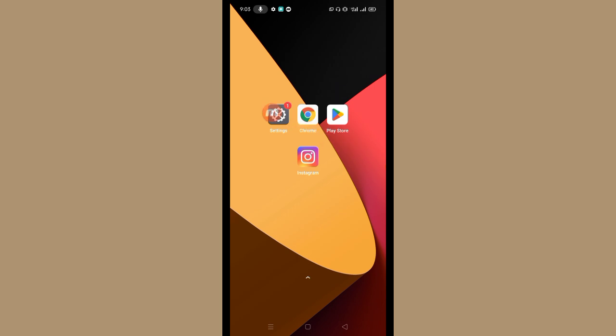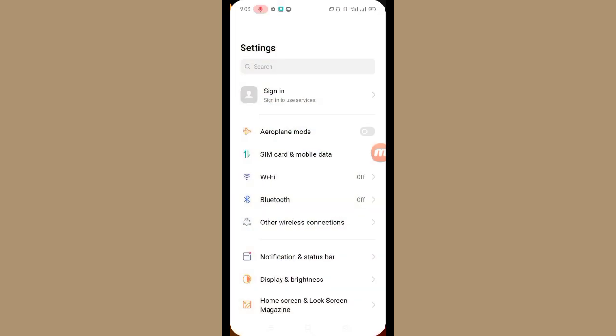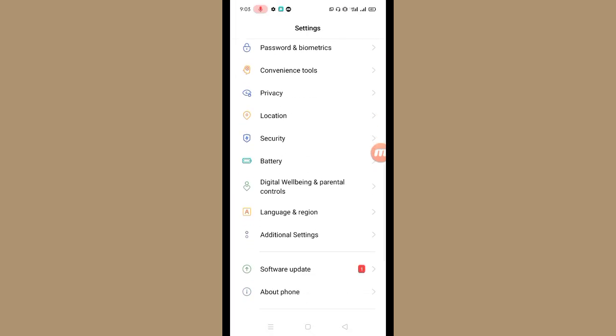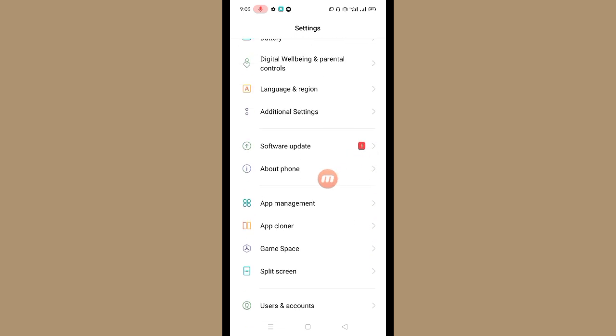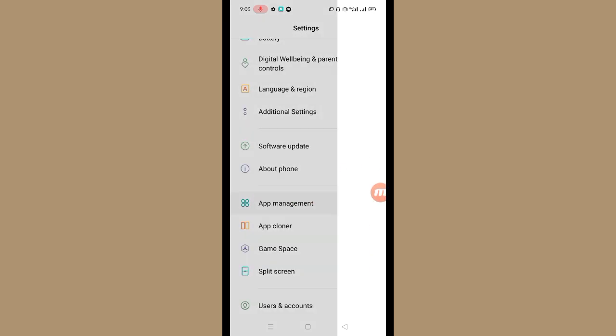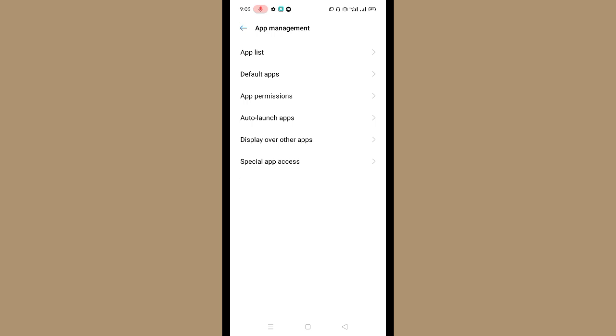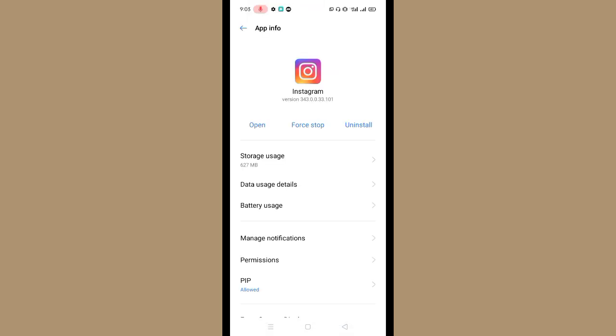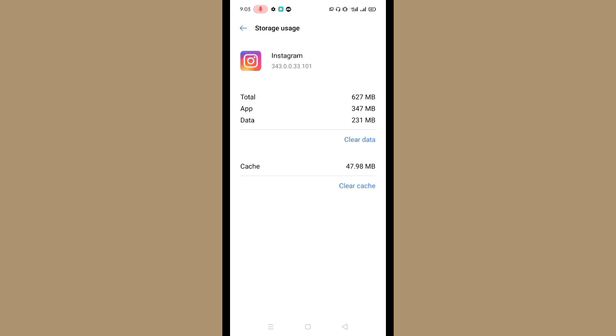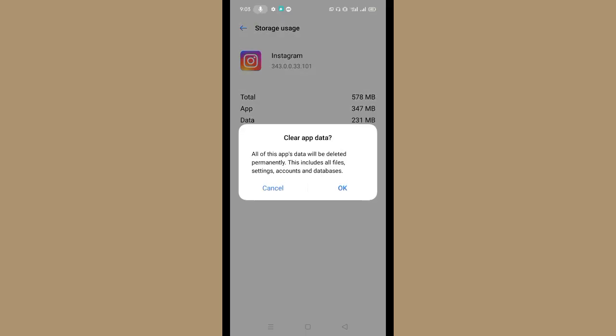After that, go to the settings of your mobile phone and here scroll down and you can see app management options. So tap on this. After that, tap on app list and then search for Instagram, and now open the Instagram option. After that, tap on storage usage option and here clear the cache as well as clear the data of